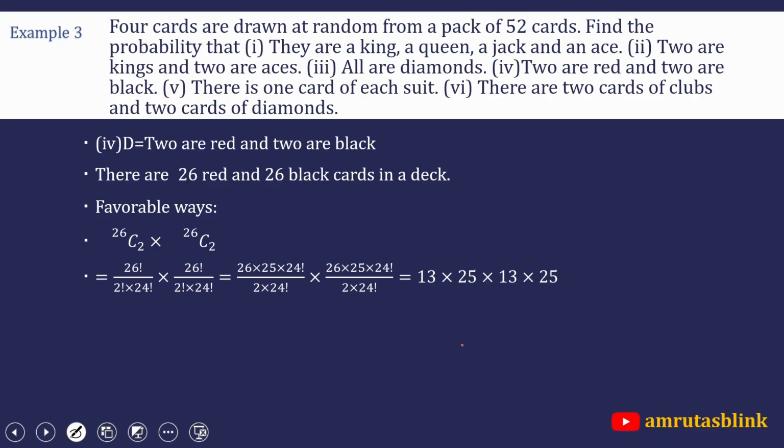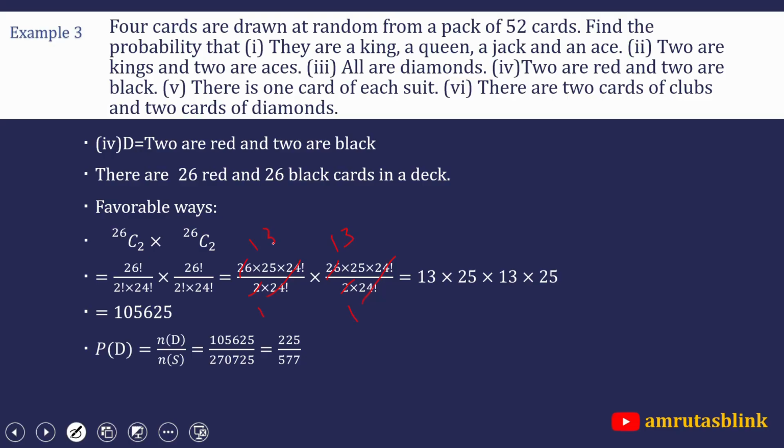26 into 25 into 24 factorial upon 2 into 24 factorial into 26 into 25 into 24 factorial upon 2 into 24 factorial. So this 24 factorial will get cancelled, and then 2 ones are 2. So this is 13, this is also 2 ones are 2, and this is 13. So we have 13 into 25 into 13 into 25, which is equal to 1,05,625. Hence probability of this event D is equal to n of D upon n of S is equal to